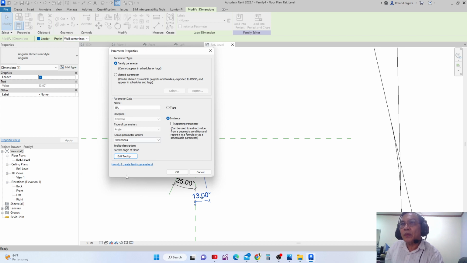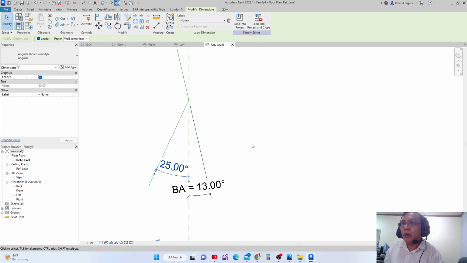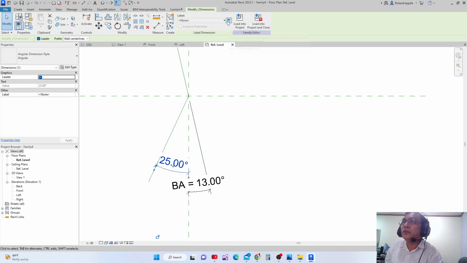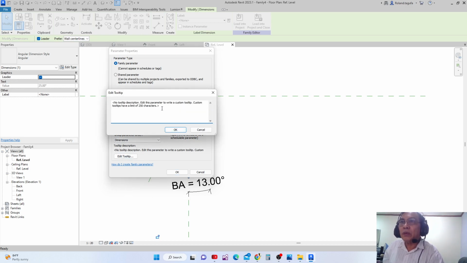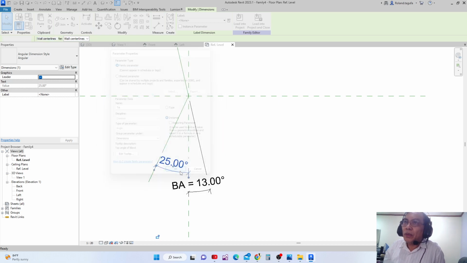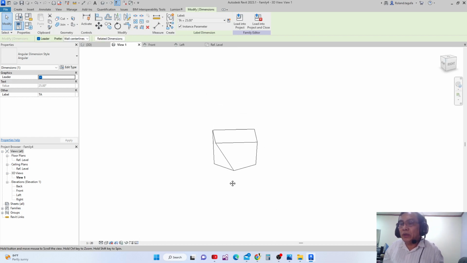Okay, and then also this one I will also make a parameter for, and we will name this one instance also, but we'll place it top angle, and we name it top angle of blend. Okay, and then as you can see, here is our